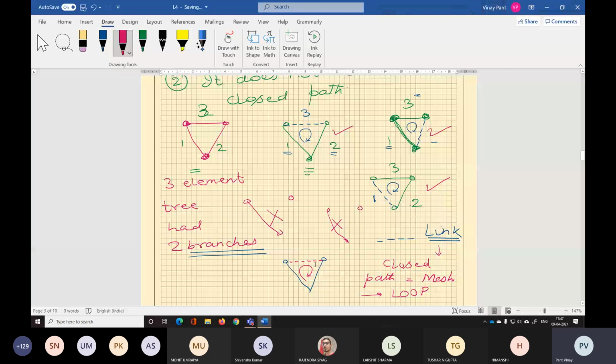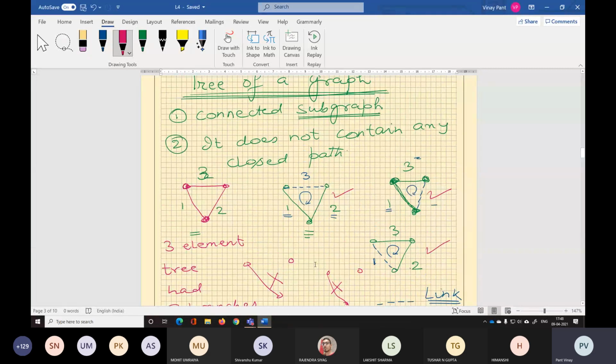So is the concept of tree clear to you? We'll take more examples, don't worry. What is a tree? It's a subgraph of the original graph. So that means it will contain a lesser number of elements, and it is connected, meaning all the nodes should be accessible, yet it should not provide any closed path. It should be open paths.